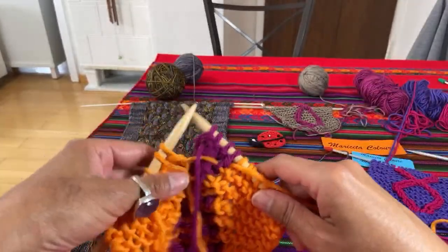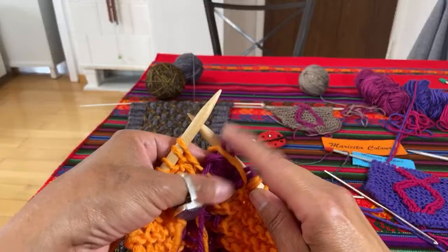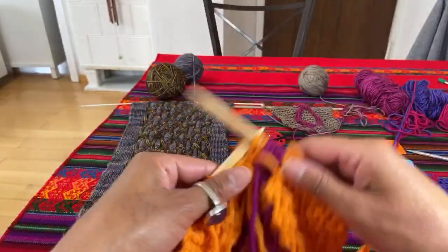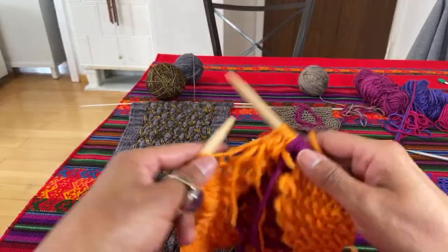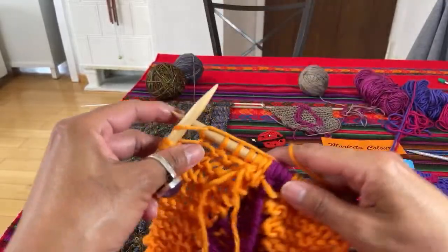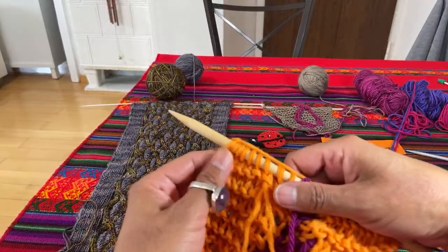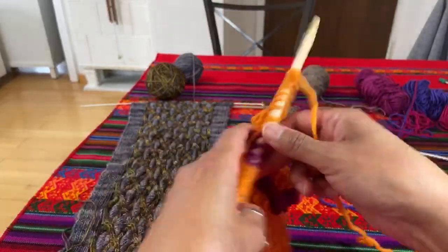And first, I must pass the yarn in the back and always give the space to these 4 stitches. And I make the 9 knit stitches, los 9 puntos derechos. Knit stitch, punto derecho. I pull a little always when I finish the row so that my border is uniform. Look. We turn the knitting work,